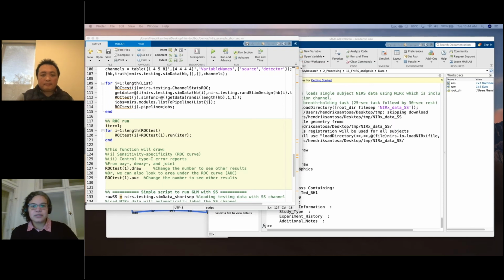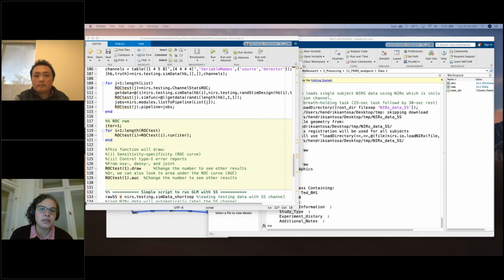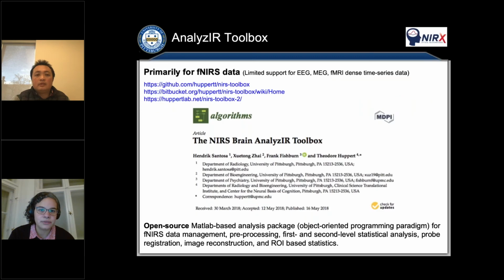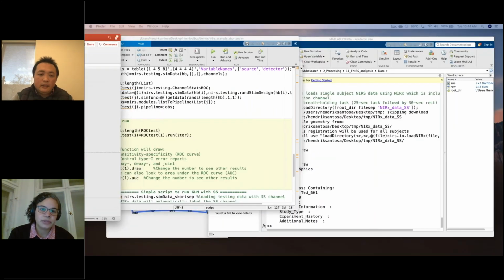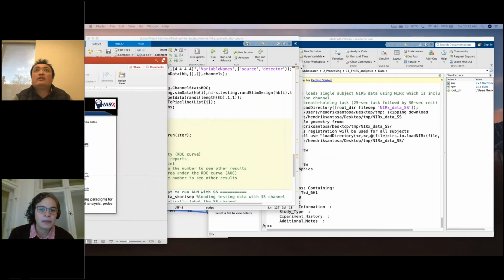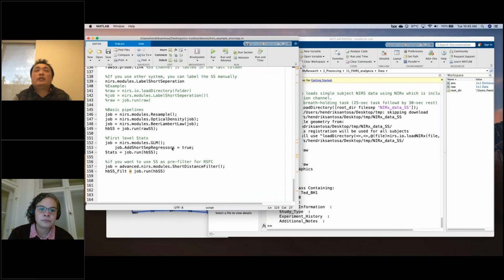One question, which you mentioned just at the end right now, would be how to use the short separation in the resting state data, for example, without the GLM. I guess you said that you should use the filter, right? The filter with the short channel. Yes, I put this one in the toolbox in the demo also.